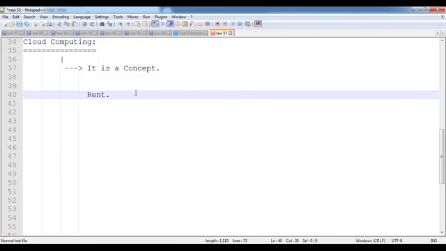Every month you are getting some salary. From that salary, you can pay the rental amount to the vendor, nothing but the flat owner. Every month we can pay some 10,000, 15,000 to the flat owner as rent. Because I'm taking the resource on rent, if I'm unable to buy, if I don't have that much budget, then I take it on rent.